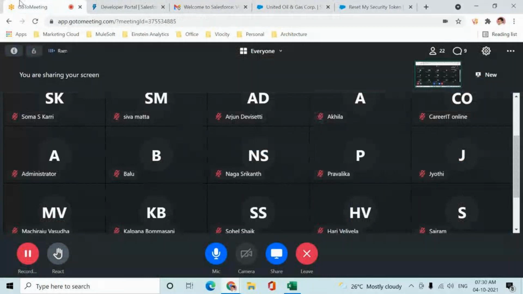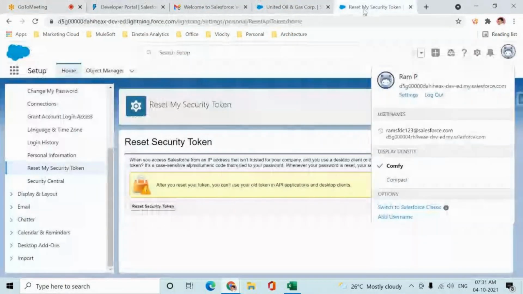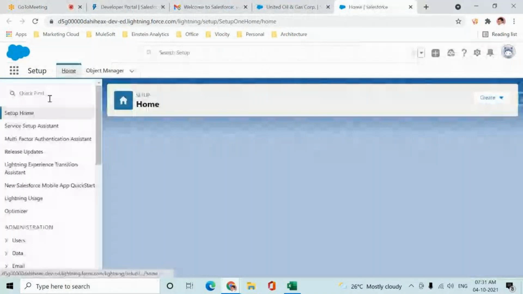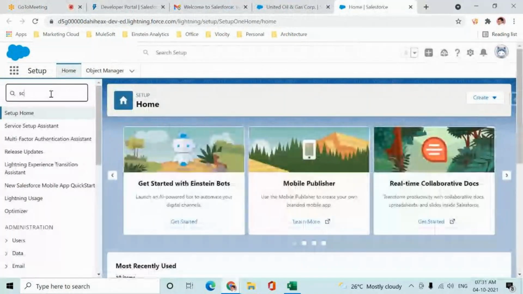Is there any particular limitation to create applications or tabs? Okay, I will tell you this way. We do have limitations, at least for the free edition. If you go to schema, sorry, not schema.